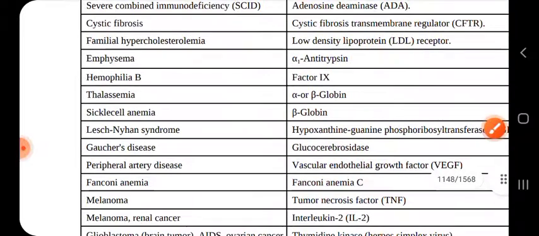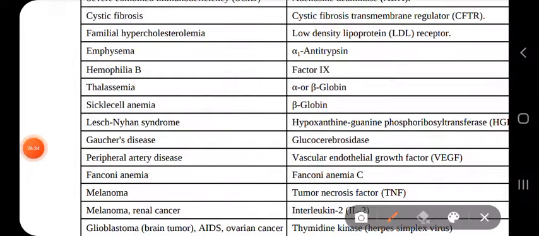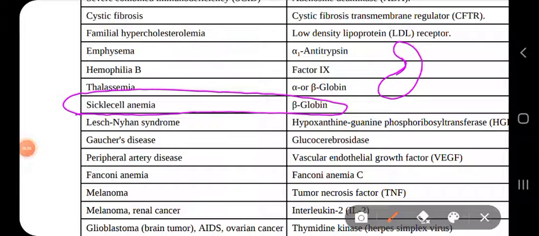Others are also there, as you can see, like sickle cell anemia. As you know, the blood cells get a sickle shape, not the normal shape that we see, and due to the sickle shape they are not able to be transported through the blood vessels in a good way. They carry less oxygen because of their malformed structure, and it occurs due to abnormal beta globin production. The gene responsible for beta globin is becoming non-functional. We have to replace it with a normal gene.